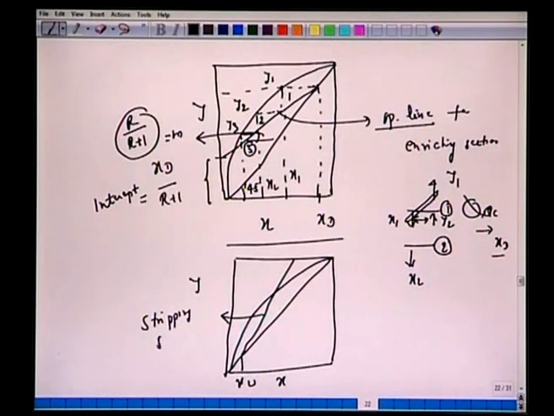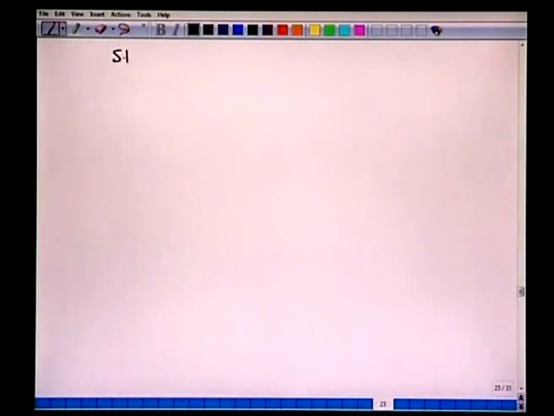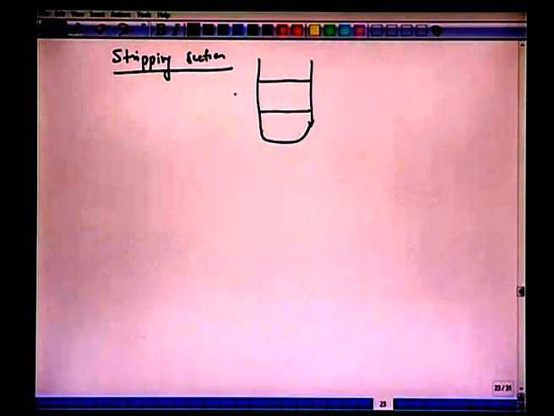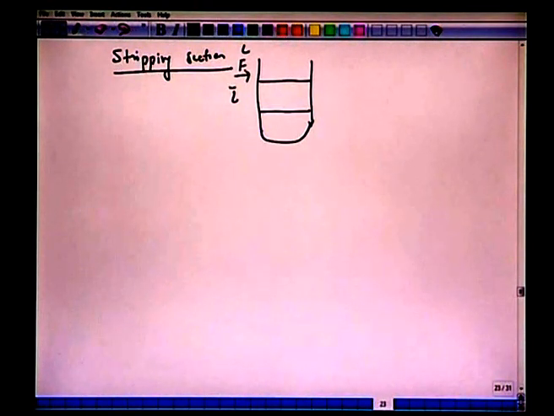So let us now focus on this stripping section. And here also we have similar assumptions that the bottom column molar flow rates are the same, so there is no suffix, or our L bar. Of course, L bar is different from L because of the introduction of F here. We'll come back to this later when we make the molar balance for the feed tray. So all L bar is the same, no suffix, and all vapor leaving the stage has G bar.